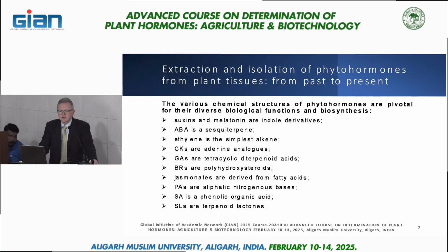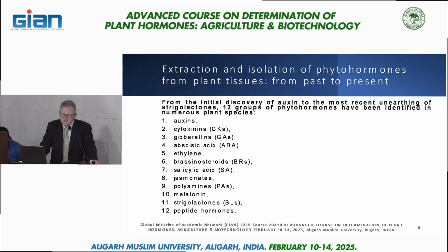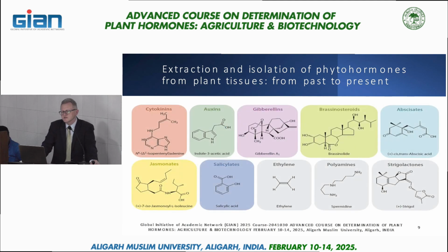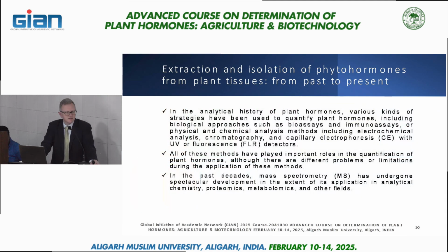What about history? In the early stage of phytohormone research, bioassays, biotests, were commonly used to estimate hormone levels based on the physiological effects on plants. This included methods like, for example, the Avena test for auxin or the seed germination bioassay for gibberellin. While bioassays provide some insight into the presence of hormones, they lack precision and specificity, making them unreliable for detailed quantitative analysis.